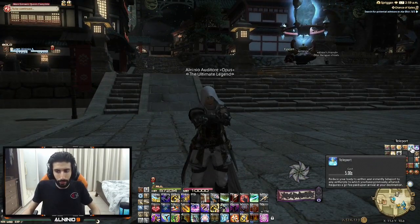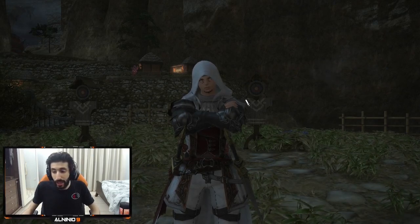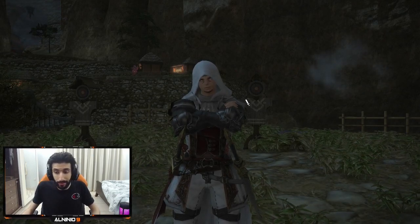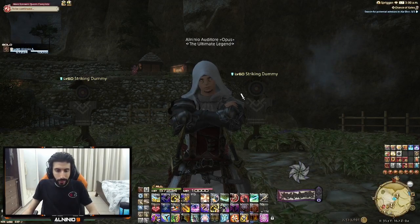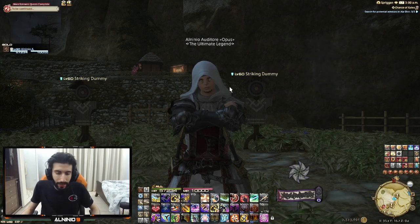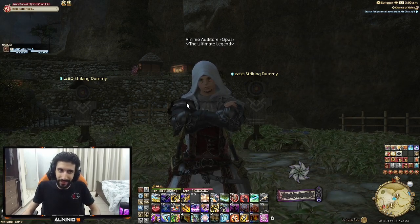I'm going to go ahead and teleport to a dummy just to showcase things a little bit better. Okay, so here we are at Yanxia. I just wanted to showcase some things on the dummy as well in regards to motion and keybinds. Now remember that keybinds are personal preference. If you have a mouse and you have multiple mouse buttons,